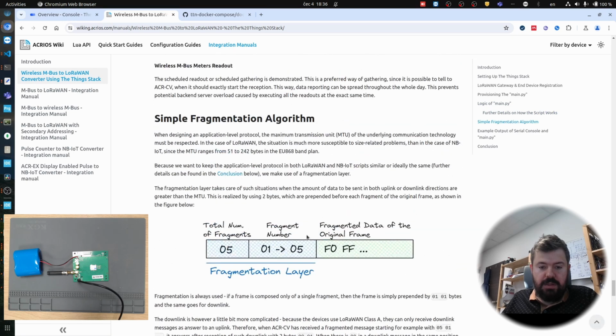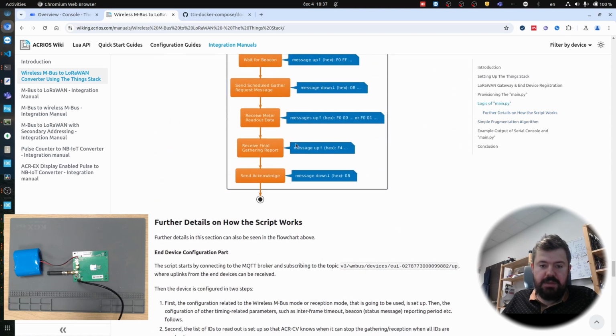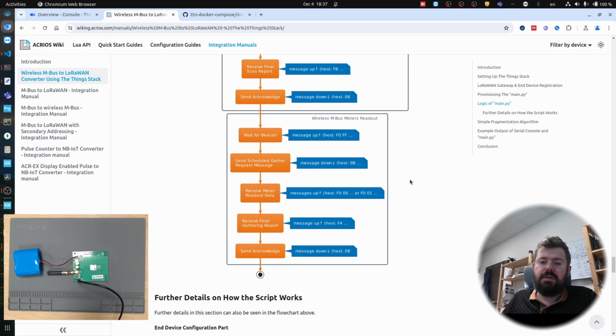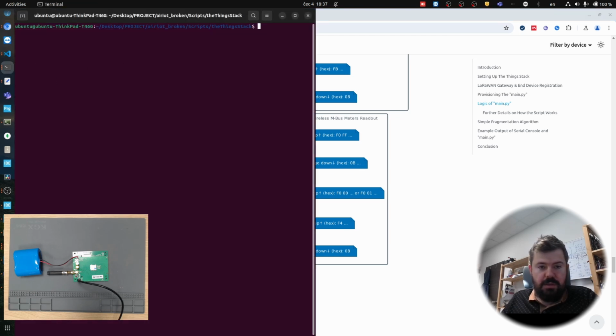Okay, and then I will explain later a fragmentation layer. It is not shown in this diagram, but because LoRaWAN has limited payload size, and some wireless M-Bus meters can have payload of up to 255 bytes, there must be a fragmentation protocol which will fragment the uplink data into several frames. Okay, so let's show the actual